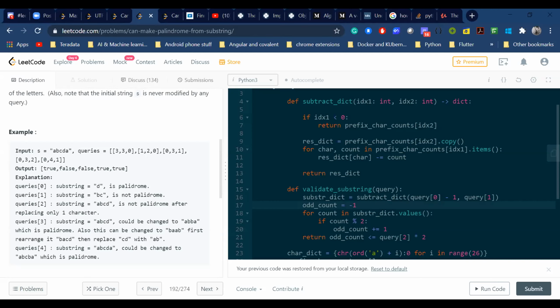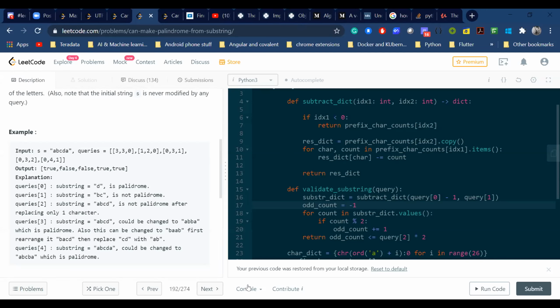So I have a map of counts until this index 2, and I also have a map of counts until index 0. Until index 0, we have a count of 1, all others are 0. It's cumulative, like a prefix sum.